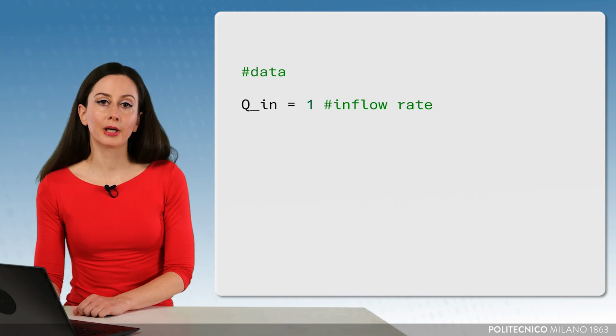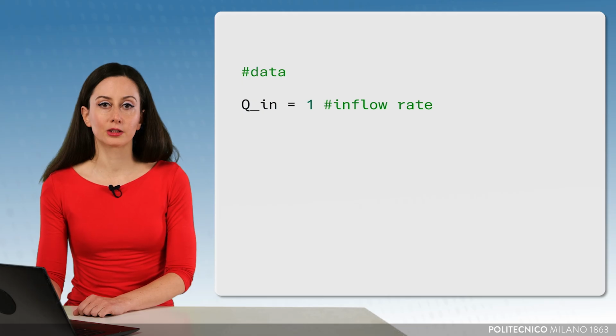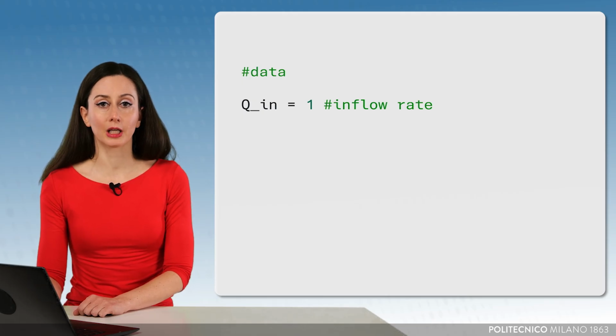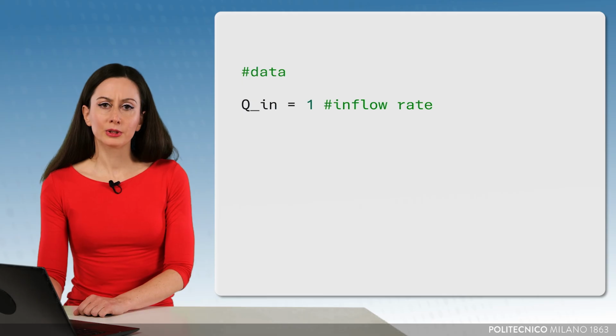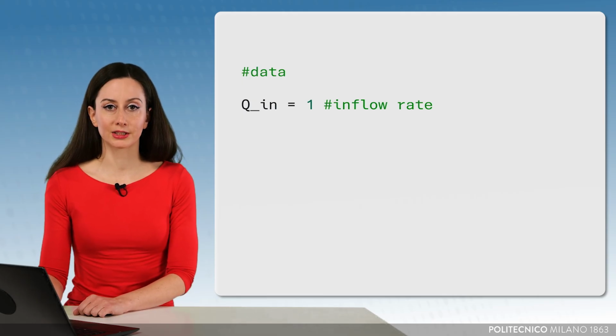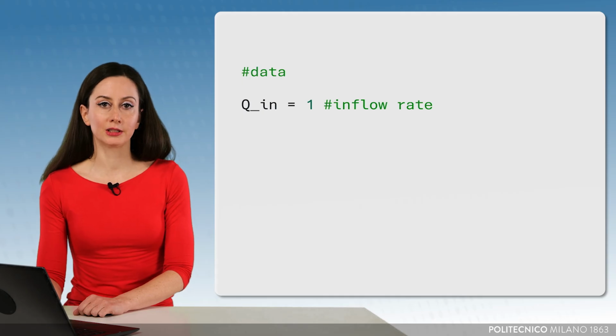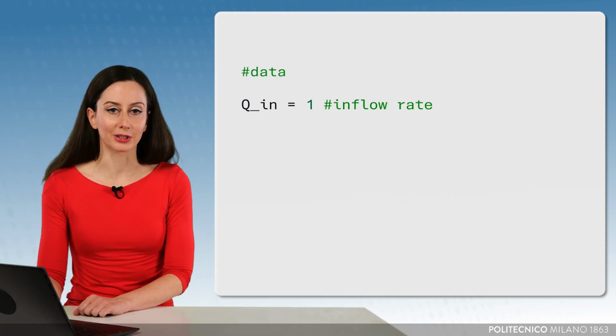As you can see, in Python it is not necessary to explicitly state that qin is a number, unlike what happens in other languages like C or C++. But what is the text in green? In Python, what follows the hash sign is switched off. It is ignored by Python, and it is just a comment for us humans.